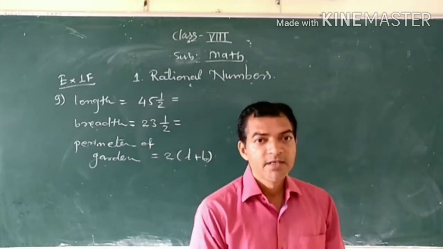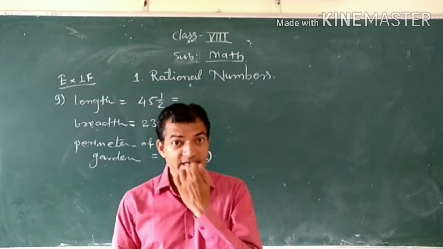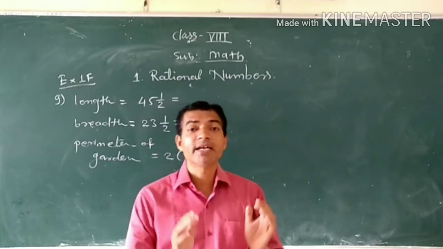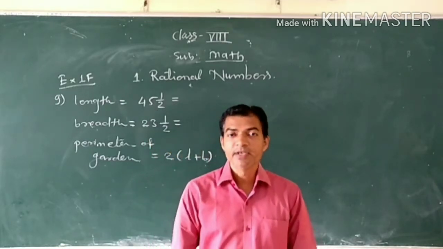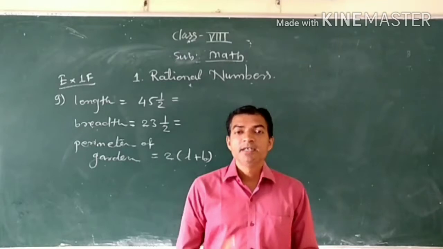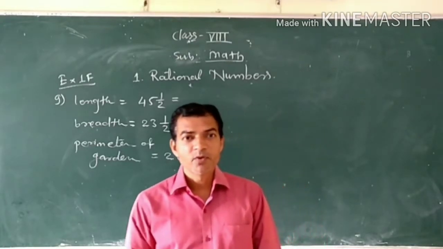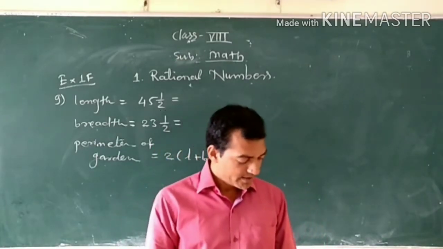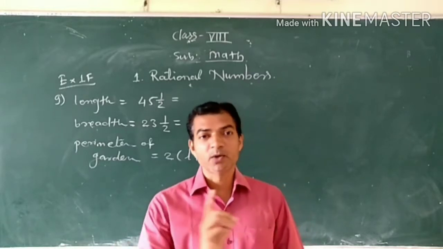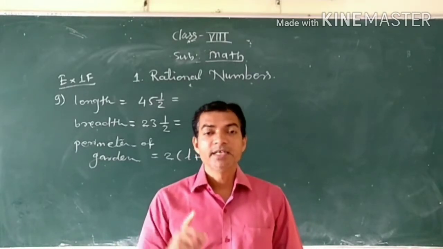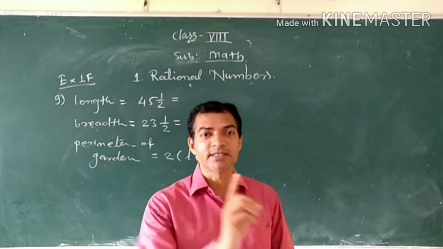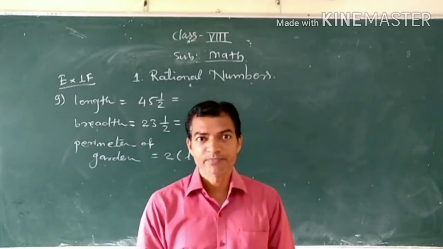Okay, a rectangular garden is there. Why is it rectangular? Because length and breadth are given there, which means that is the rectangle. A rectangular garden is there, and suppose you want to fence that rectangular garden. In this way you have to fence by 3 layers of barbed wire.